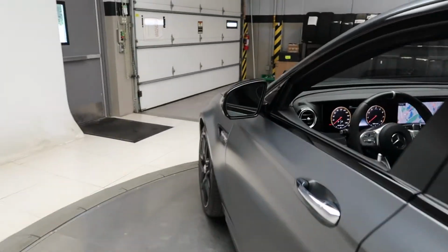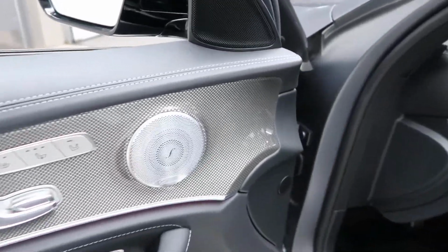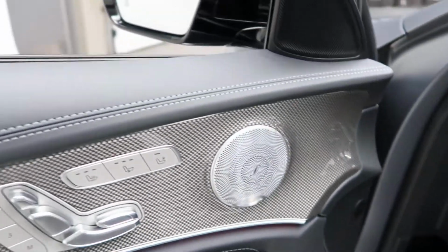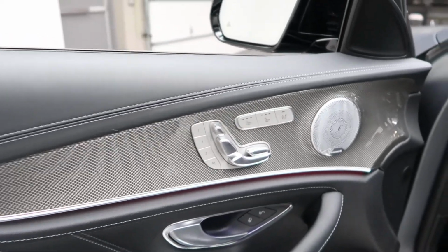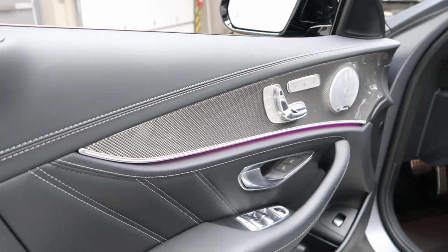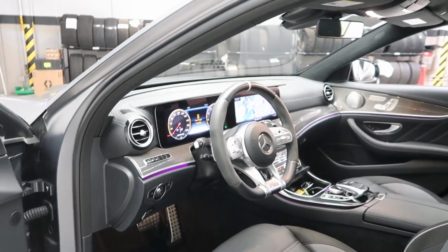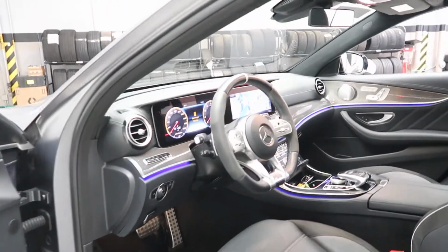Alongside, we've got blind spot assist, Burmeister sound system, warmth and comfort package with heated door panels, rapid heating seats, front heated armrests, heated steering wheel, AMG illuminated door sill, ambient lighting,